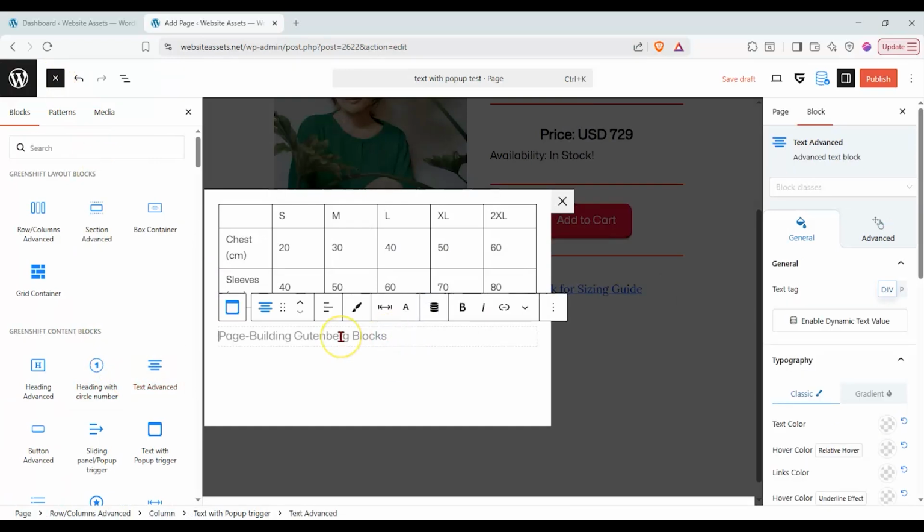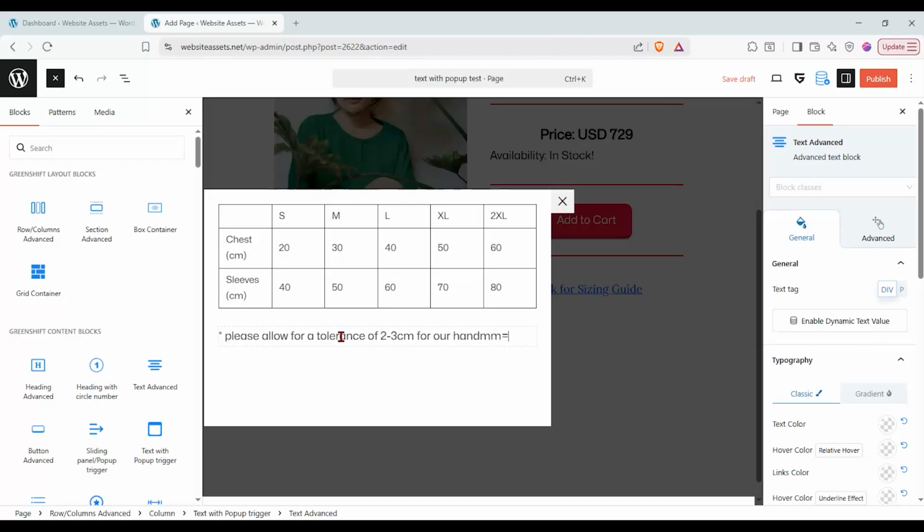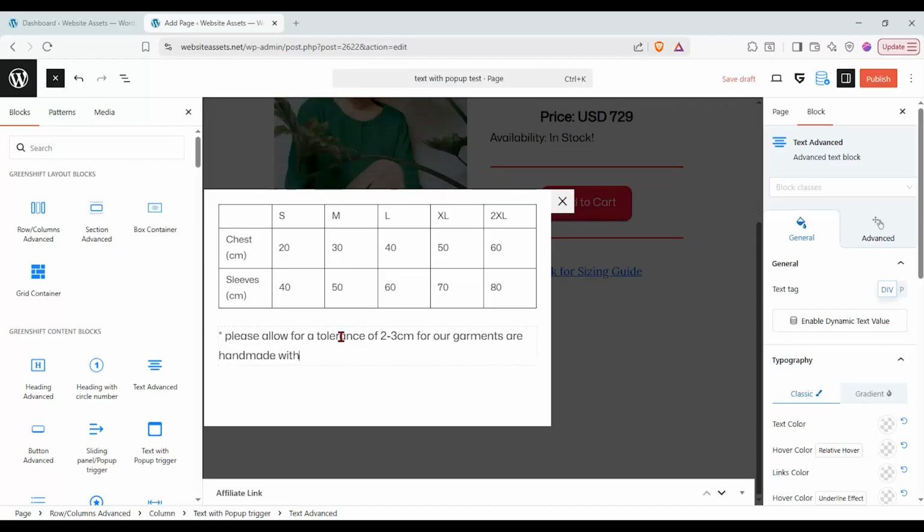And we're going to put an asterisk, like please allow for a difference, tolerance of 2 to 3 cm for our garments are handmade with love. There we go. And let's go ahead and